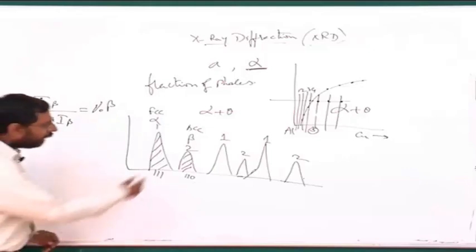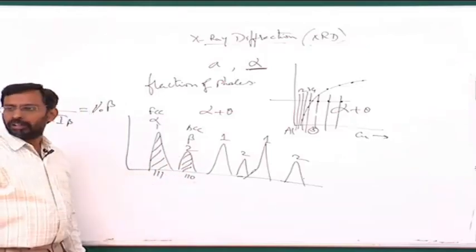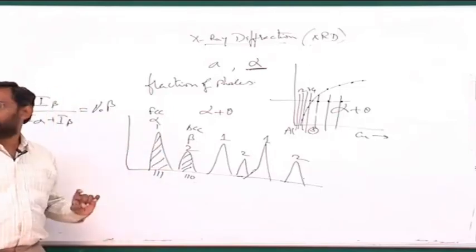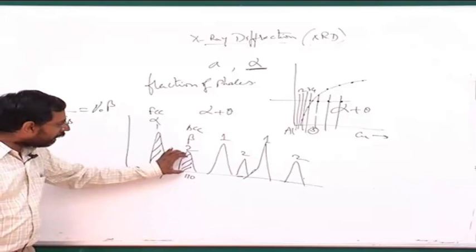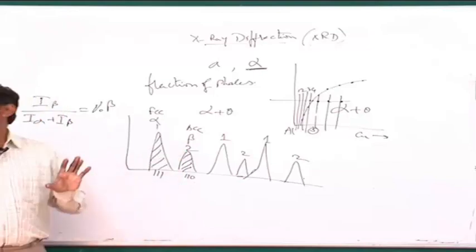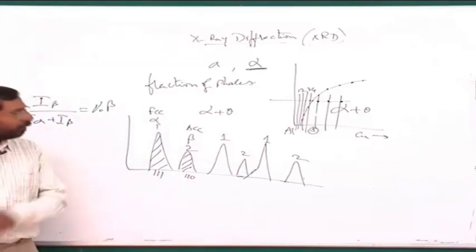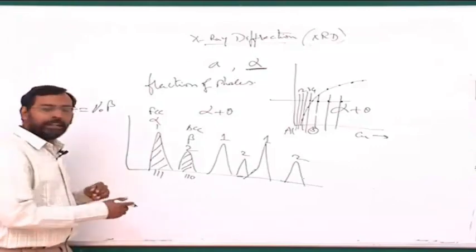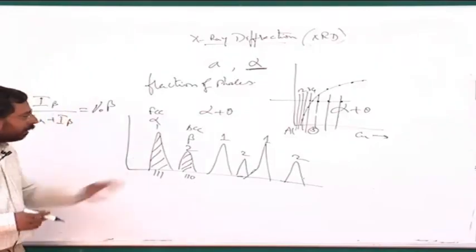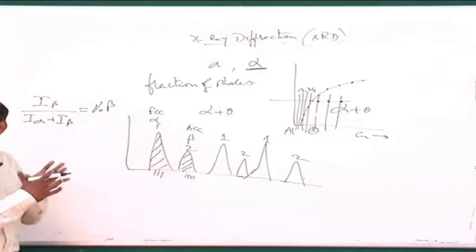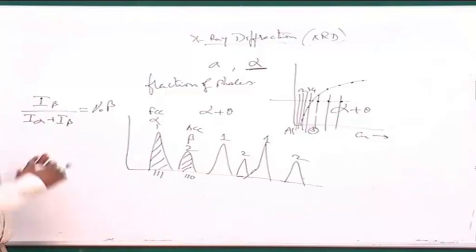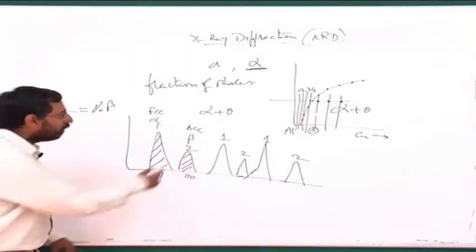So that means take the area under this peak. You may ask me, why are you always talking about the area under the peak, not simply the height? I said the height of the peak does not give you a representation. We will see as we go along in one of the next classes that it depends on the conditions of the sample: the height may be very small, but the area may be very large. It may be very broad. If it is very broad, you need to actually consider the area under it.